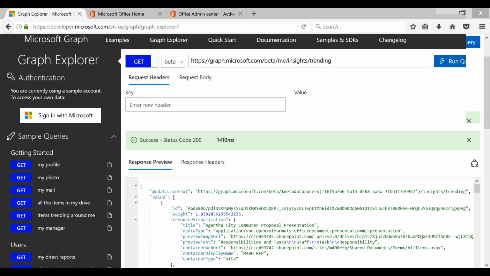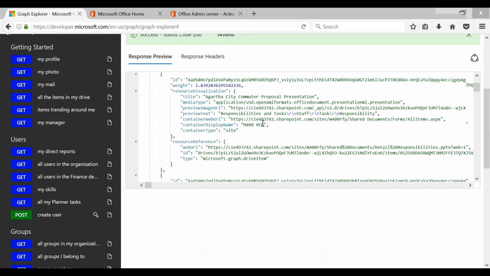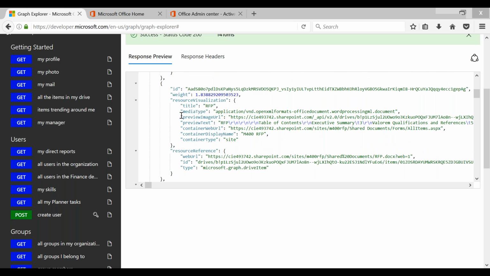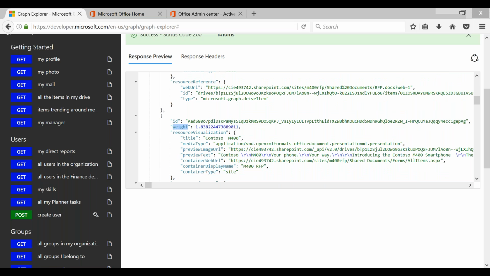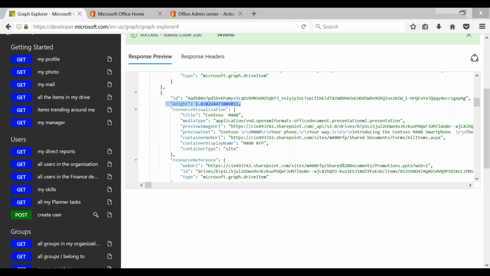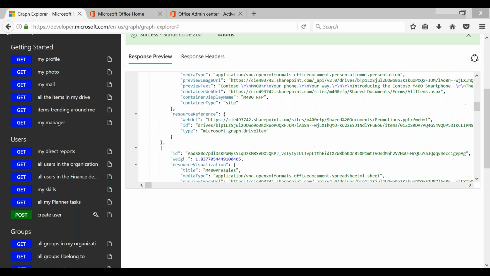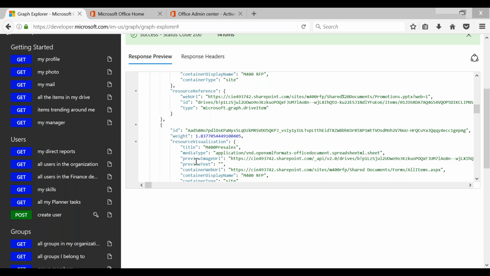Here you will see the trending items around the user, and each and every item has a weight. Based on the weight you can decide how much the user interacts with that particular item. This is currently in the beta version,